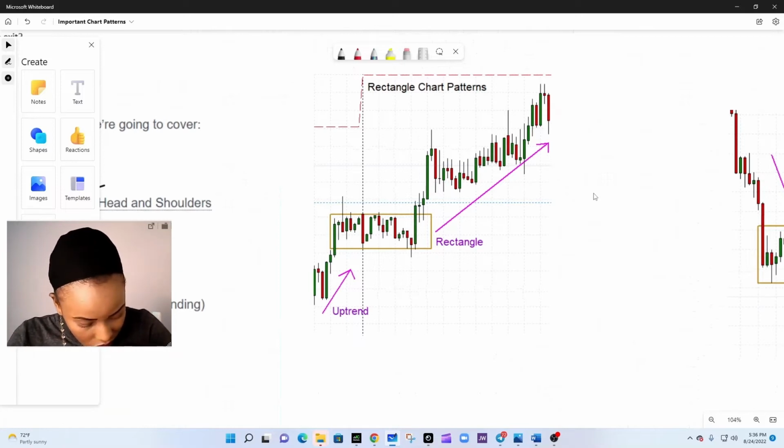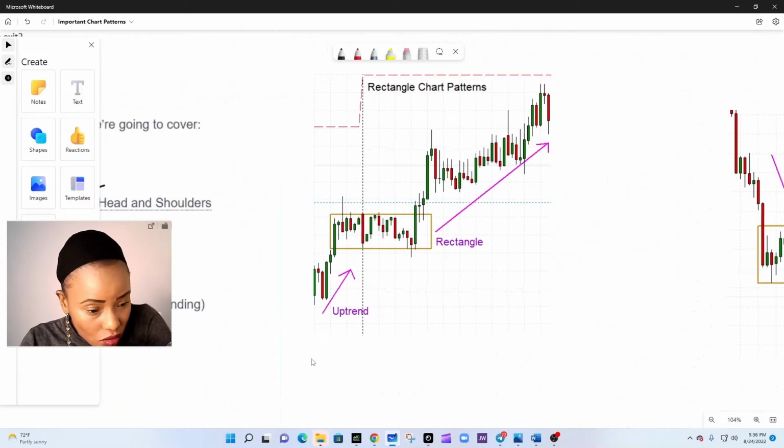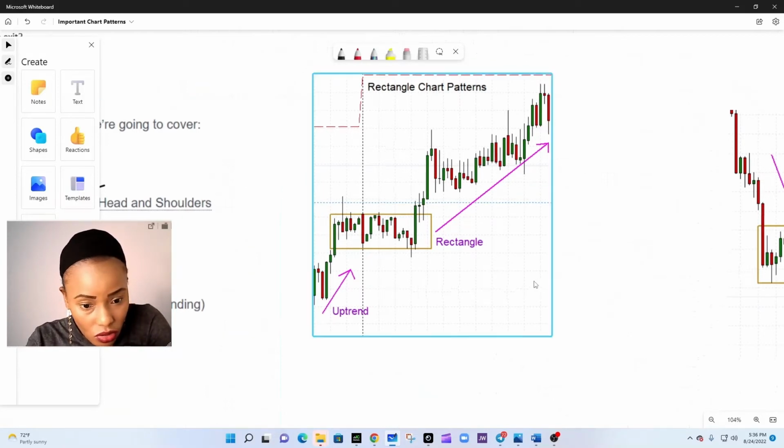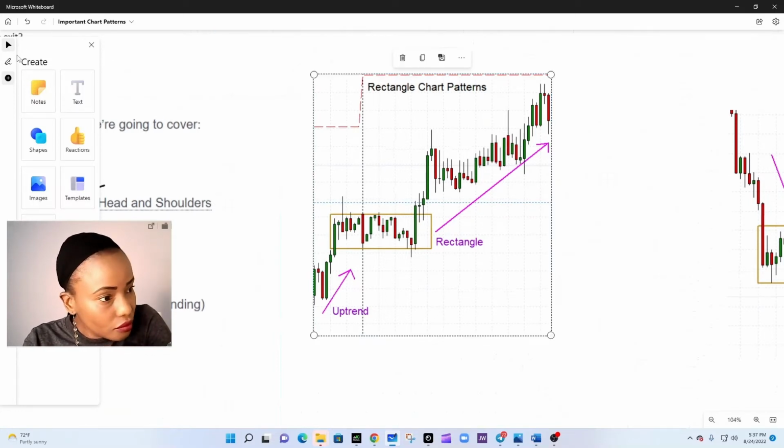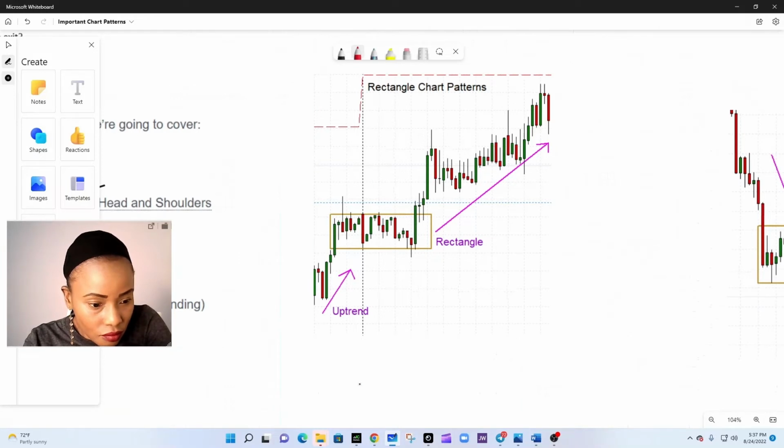So what happens during rectangle chart patterns? For example, this is a bullish rectangle chart pattern. This will happen when the market was coming from a low price point, and now the direction is moving higher and higher. The market is forming higher highs, higher highs, higher highs. And then at some point in the market, price consolidates for some time